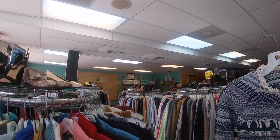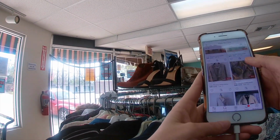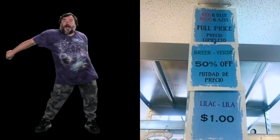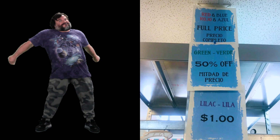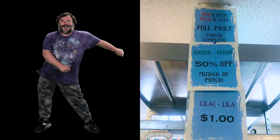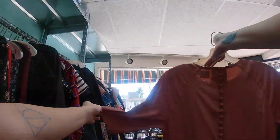So that plays a big part in my decision making. And here is when I found this amazing information. Green tags were half off, purple tags were $1. Yes, that is some outlet